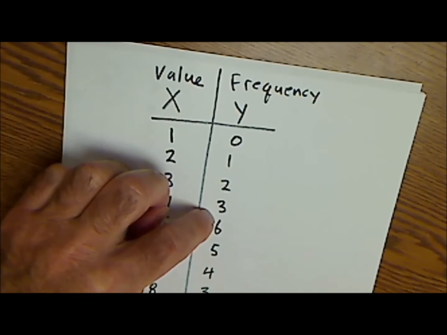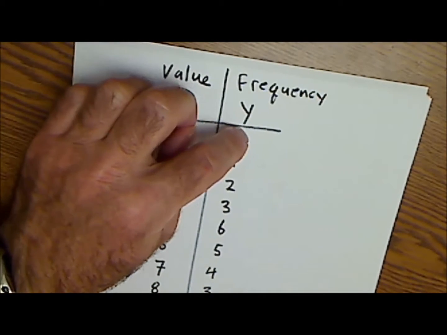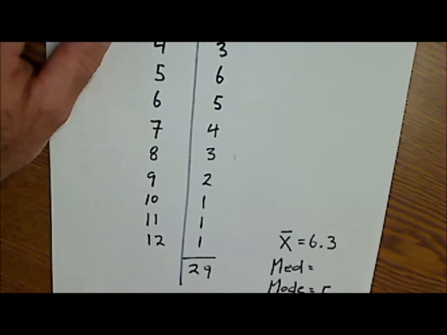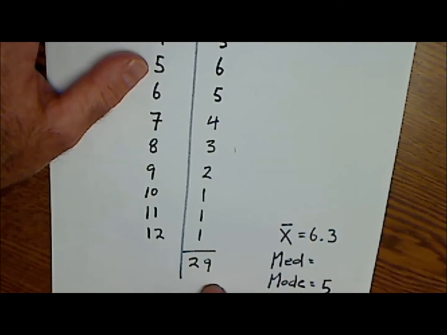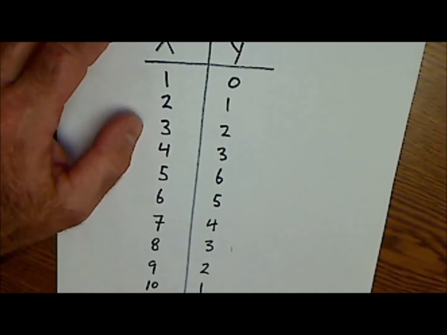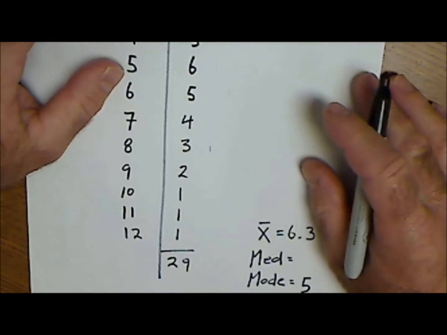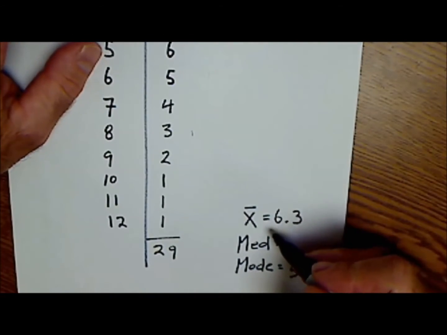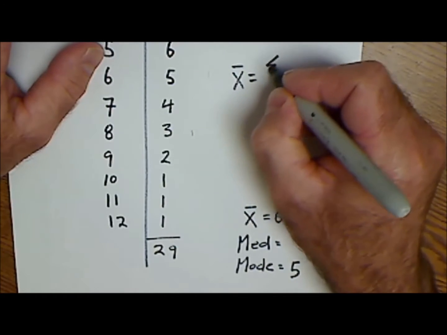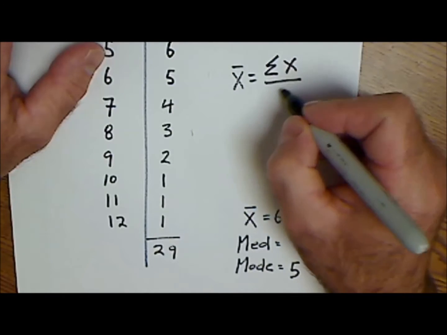And 3 kids did that. So X is the value, Y is the frequency, how often it occurred. I add up my Y column and I can see there are 29 total values. If I add up every one of those 29 values, and divide by 29, I get what's called the mean or the average. So the average is defined as the sum of all of the values divided by the number